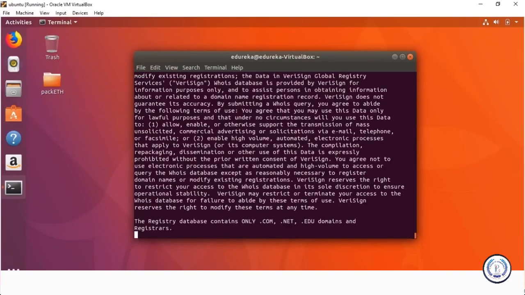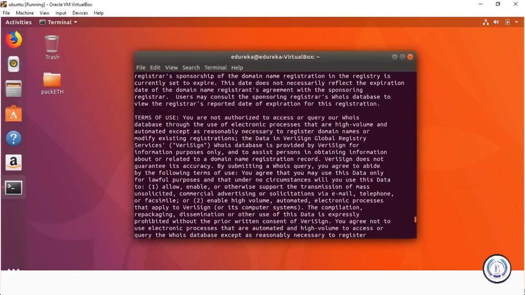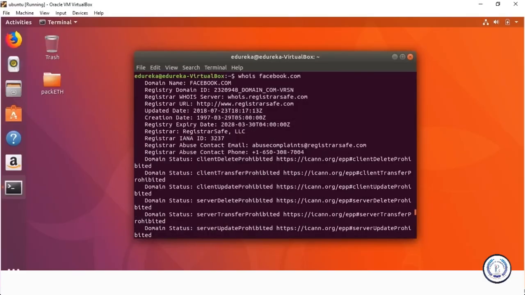facebook.com. Okay, so as you can see, we could find out pretty quickly about who owns a particular IP address. So for example, I could do whois and just go facebook.com. It tells me who it belongs to. It also gives you who owns a particular IP address and who's responsible for them.